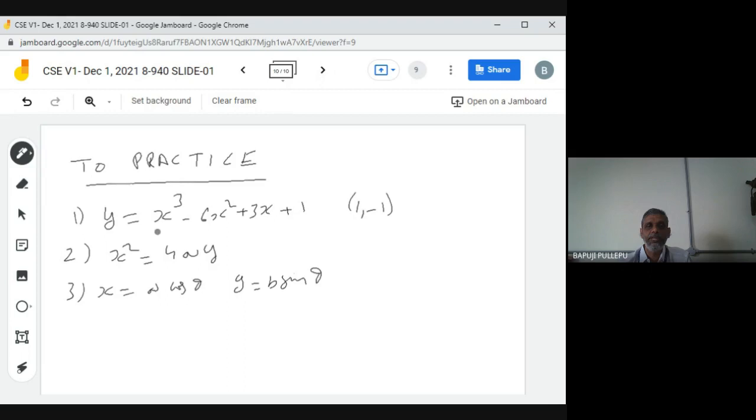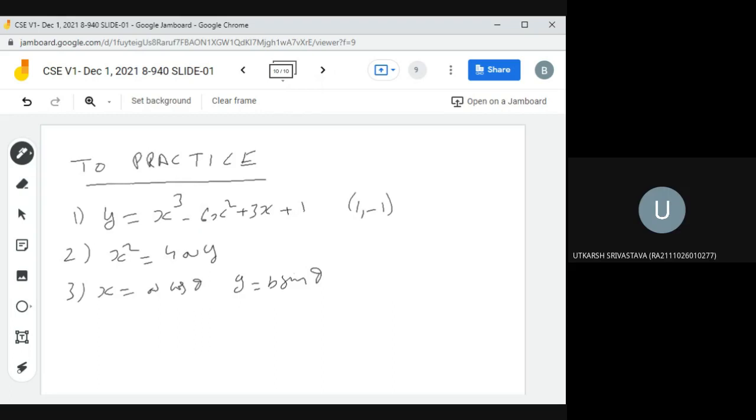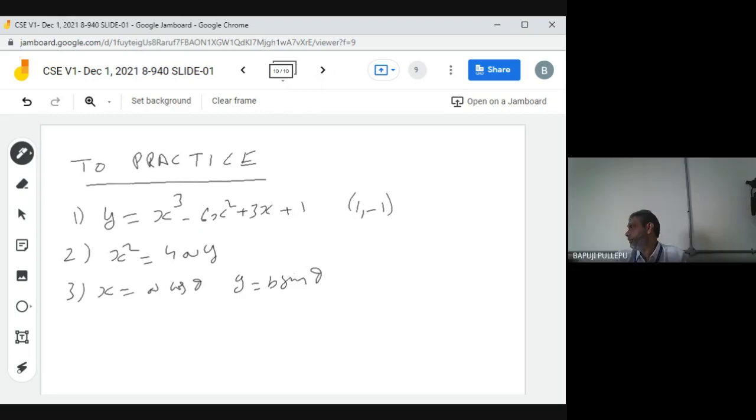This one you can probably try. First problem. 5 minutes, then I will come back. First problem try, sir. Center only. If you want circle of curvature, also you can find later. First you can find center.